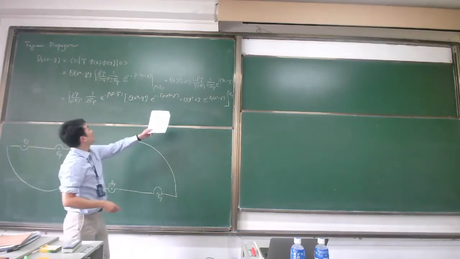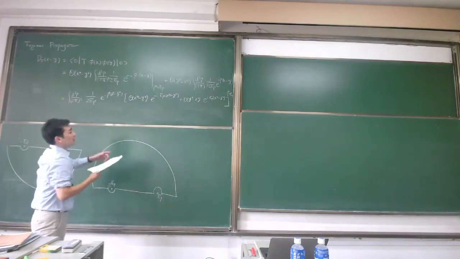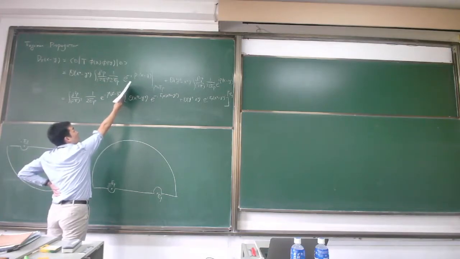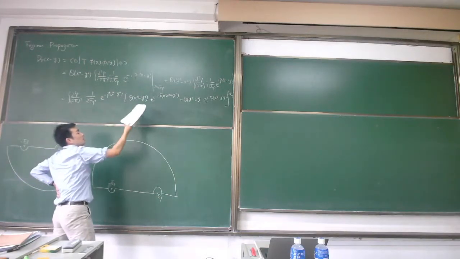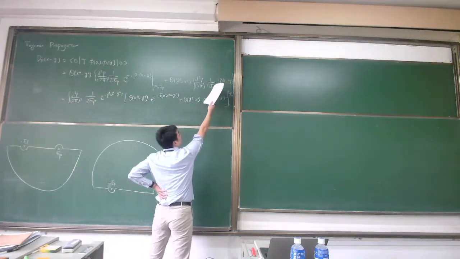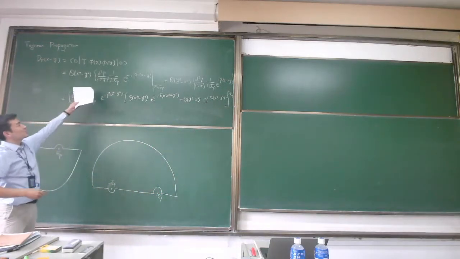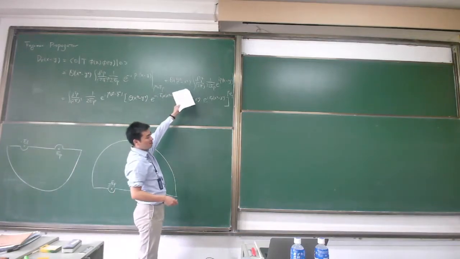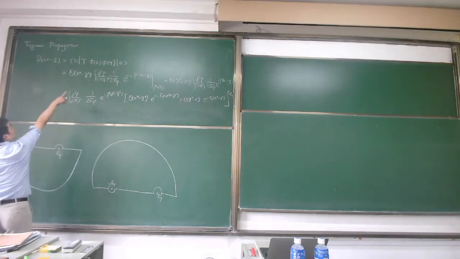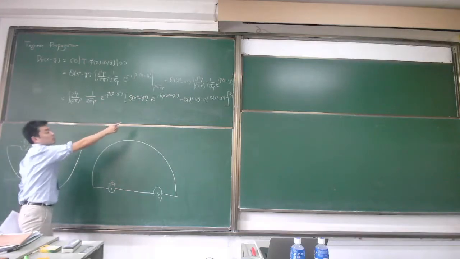So here you have the plus sign. On the other hand, you have a negative sign, which means that going forward in time you have e to the minus ip, while going backward in time you have e to the plus ip. Last time my explanation was correct for the first term, but for the second term I missed one explanation. So from the second to the third line, in the second term,